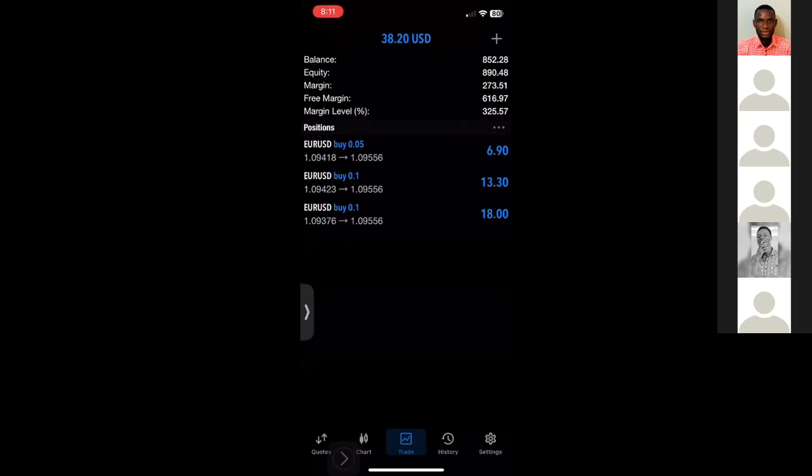325.57, correct. Please, those using Android, bear with me. We are going to help you out. But for now, the quotes, the charts, the trade, and history have things in common or are similar. Just try to flow with this one and understand it. If you are able to understand this, you'll be able to do your Android as well. But don't worry, we will go to the group and